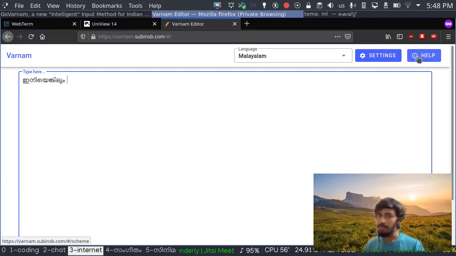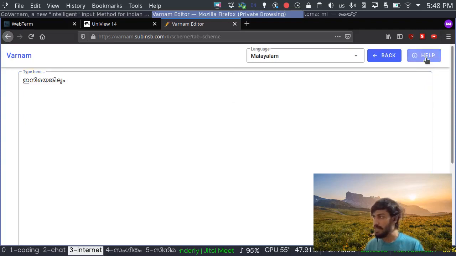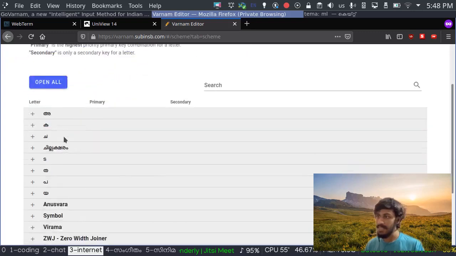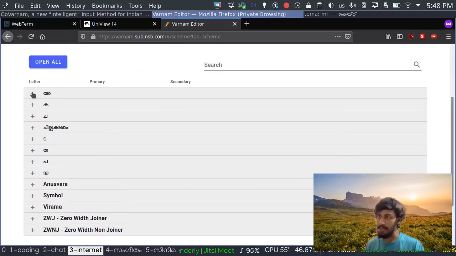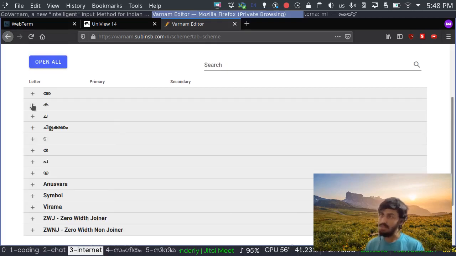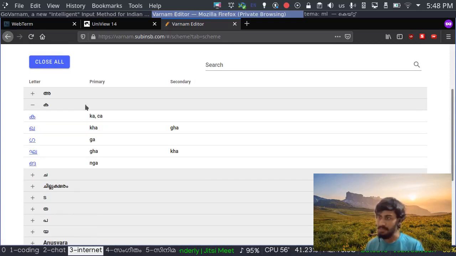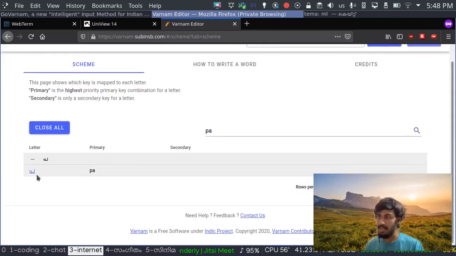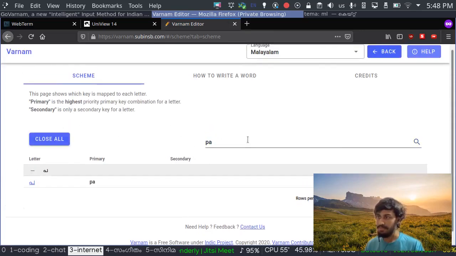And if you go to the scheme part, I think I can show this now, right? Yeah. So to know what patterns are assigned to what characters, we can simply go to the help menu right here and choose the scheme portion. So in the scheme section, we can see all the letters that are mapped into it. Let's open one. So for example, R is mapped to A, E is mapped to I, and so on and on. So Ka, for example, is in KA, and you can search them right here. So like Ka or Pa or something, letters like that.